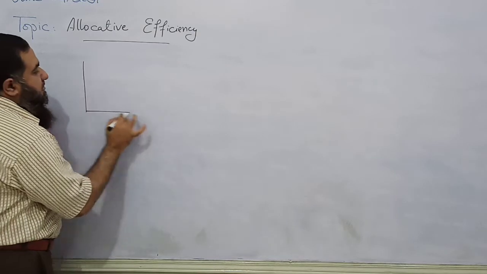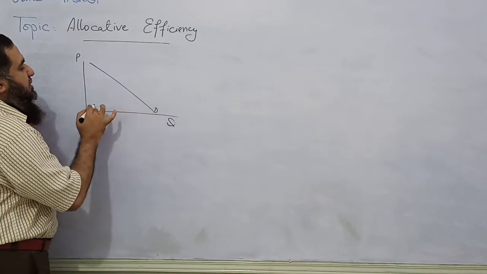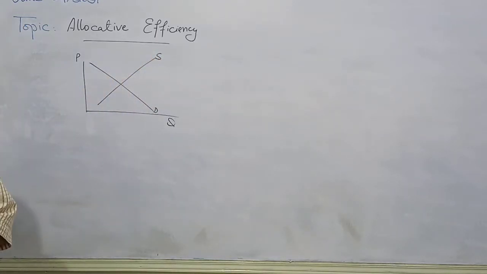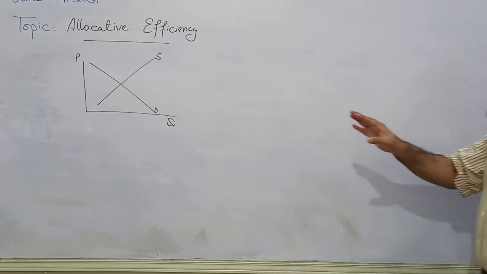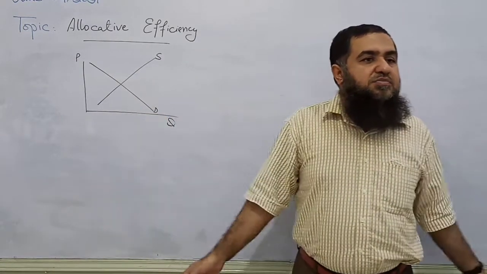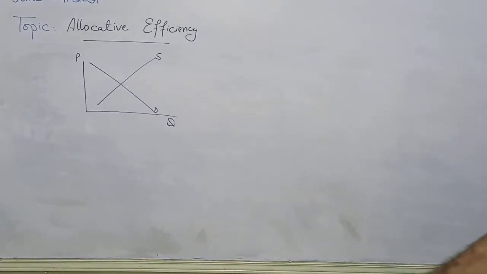If I say this is the quantity, this is the price, this is the market demand of a good, and this is the market supply of a good, this is called a single market equilibrium. We are talking about a product, suppose it is a cell phone or education, anything. Whatever the quantity is demanded by the consumers, it is supplied by the sellers, and the market is operating at equilibrium. This is achieving what? Efficiency.